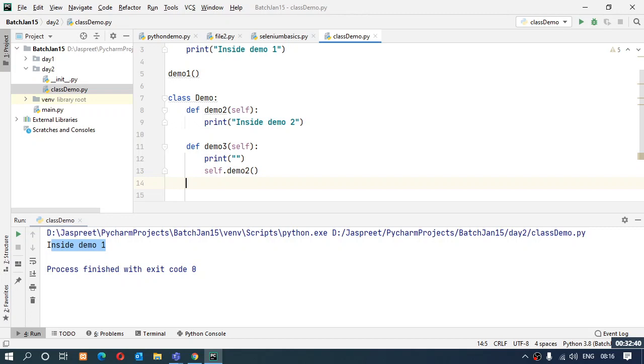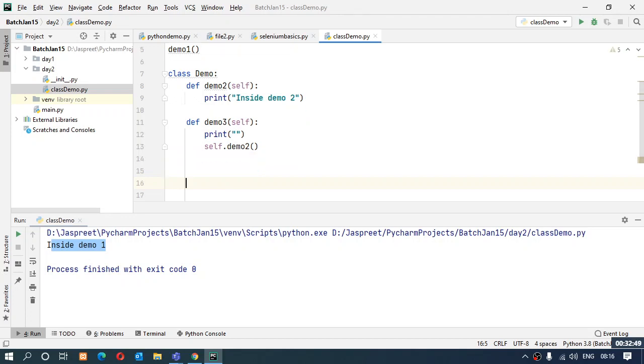Now my class is made, my functions inside are made. What I need to do next is call these functions. As we did above, we just take the name of the function and it came up. But right now the names are not coming. There is no such name by demo2 and demo3 functions that are coming up in the suggestion box.